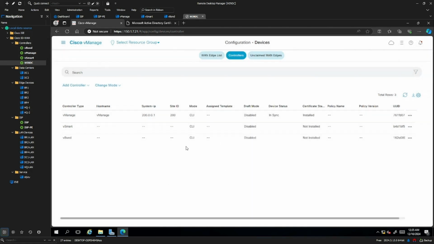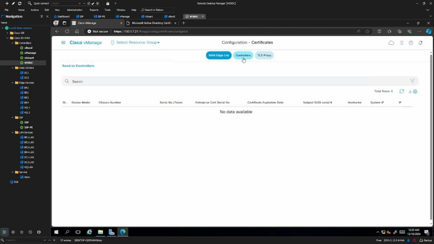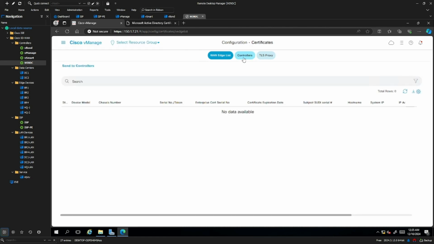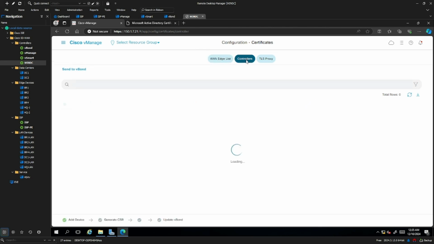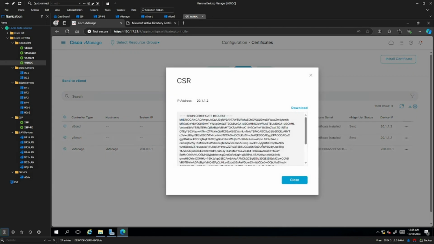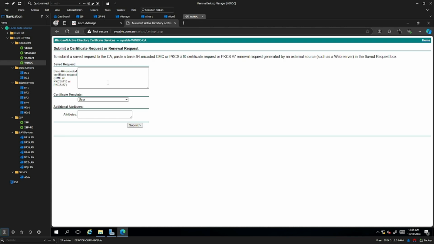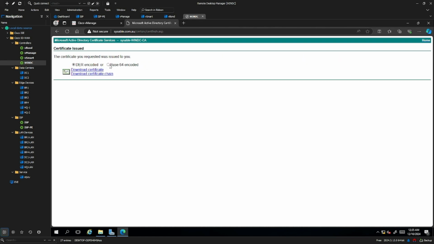So once everything is added, let's go to the configuration and certificate, because we are going to manually install the certificate, issue and install. So click on controller. Let's go to the vSmart, click on view CSR, copy the CSR, request a certificate, advance, paste it, go to the web server, submit it, paste 64,